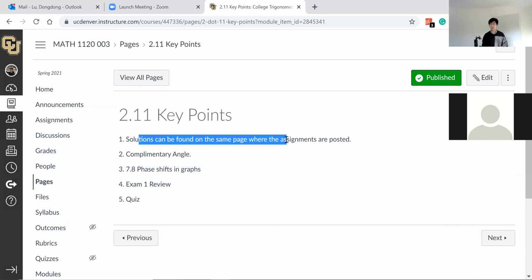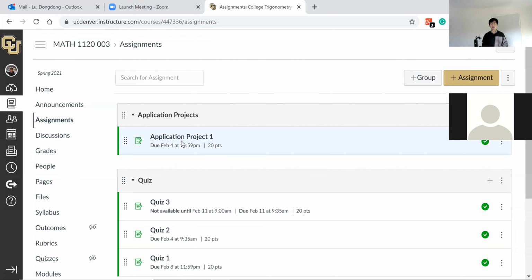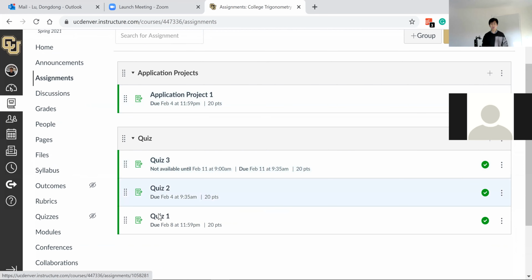Solutions of previous quizzes, homework, or projects are actually very easy to find. They're just on the same page where the assignments are posted. You click on it. You find we have two quizzes already. The third quiz is coming today at the end of class. And we had one project. So if you click on the last quiz we did,